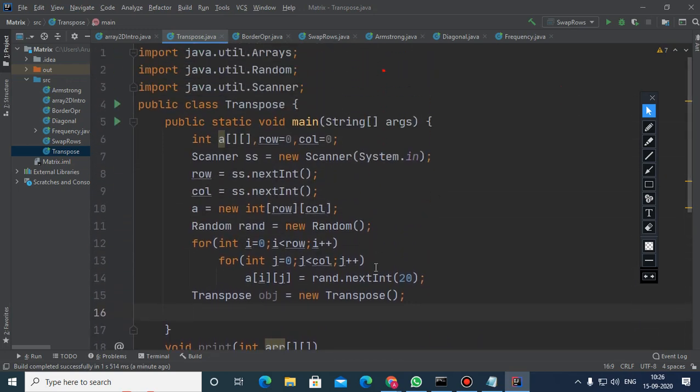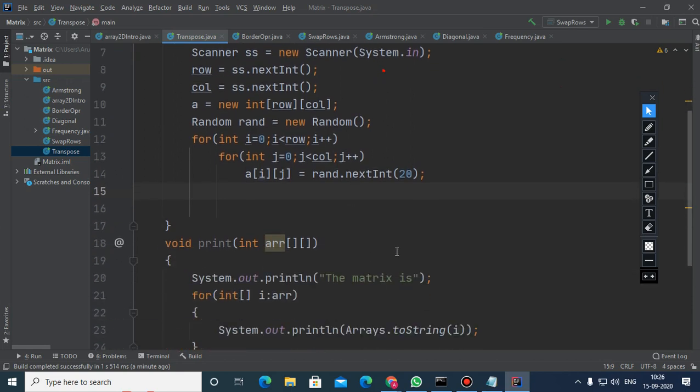Now here, children, this is the matrix I have got.